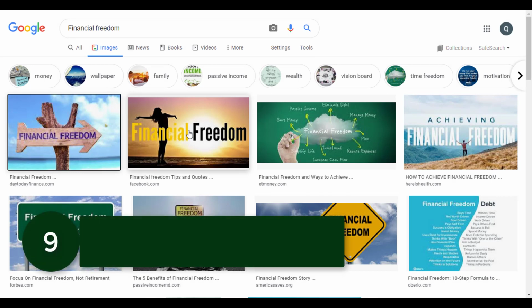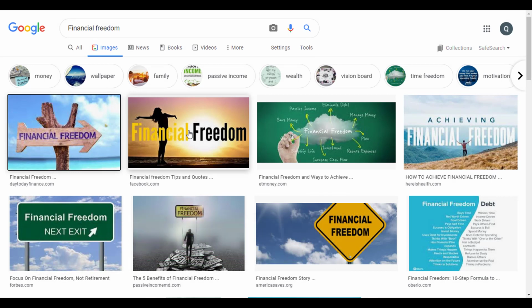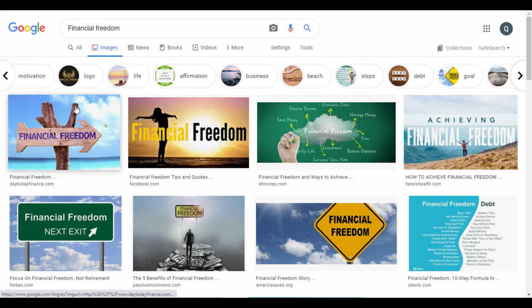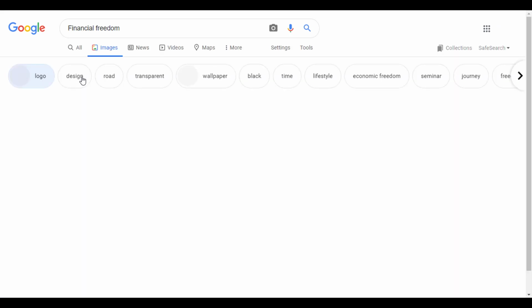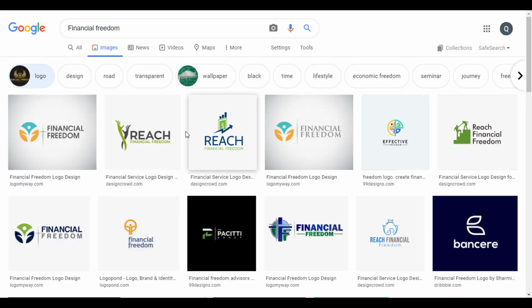Tip number 9 is about search by image and category. Let's say if you want to search any category which are listed here, like we have here money, wallpaper, and if you scroll over here we have more options. Let's say if we want to view only categories related to logo, then we click over here, and here you can see all those logos which are related to financial freedom.